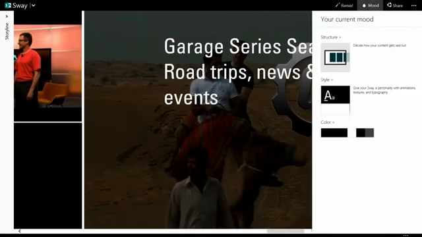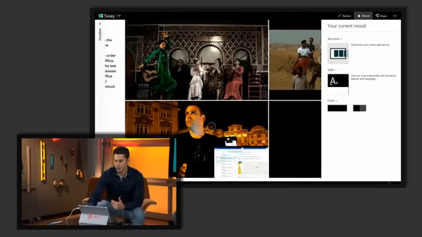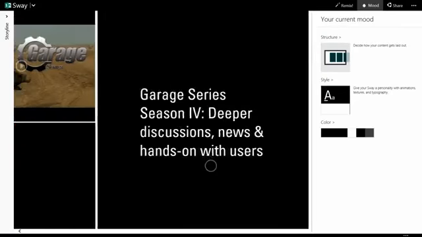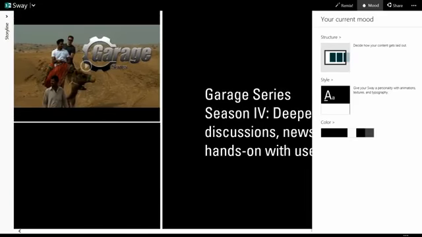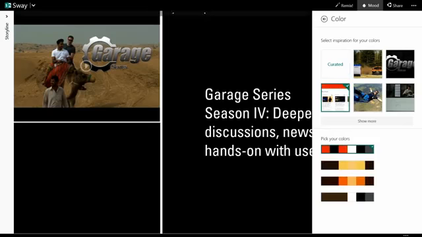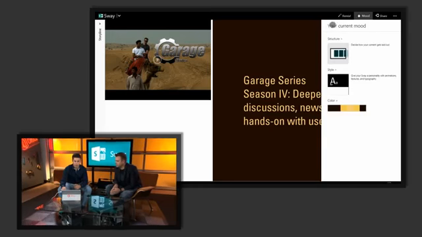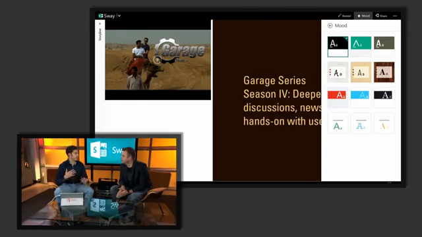We can actually change the mood or the color scheme too. But the thing that's really interesting is Sway can actually look at the content and suggest different color palettes that you might want to use. So you see here there are a few pictures that Sway is triggering off of and saying, hey, if we pick this GIF, there's this sort of orange palette, and we can play around with a few of these colors here. Or you can start to use some of Sway's pre-populated moods to get a different type of